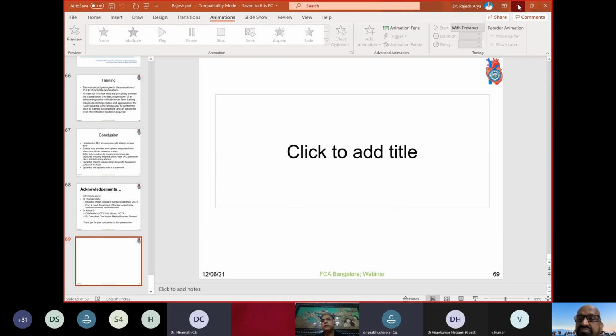Yes, sir. I have one more question. Rajesh, this is regarding dissection following cannulation or decannulation. How will it help us, especially in aortic cases with Marfan's and all? Sometimes we do face this challenge of the aorta getting dissected either during cannulation or after decannulation. So will it help us in knowing exactly where the dissection is so that it can be handled immediately? How can it play a role?